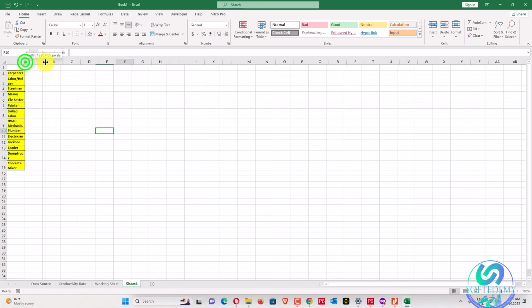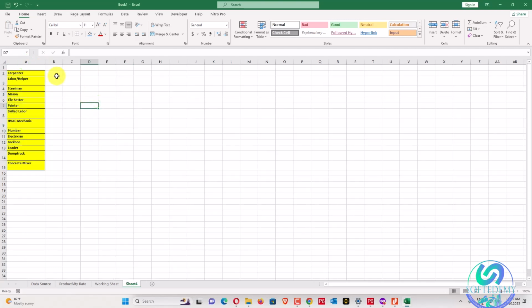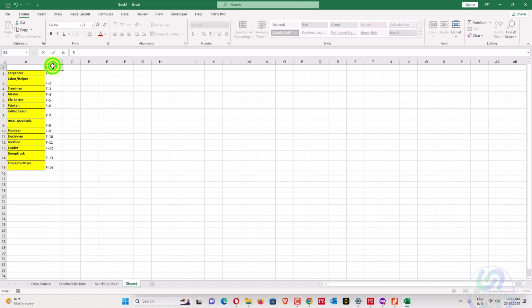So these are all our resource codes, and this one is our labor resource. We can write here A1, or we can write F1, and up to F14. So these are our resource IDs, and this one is a resource name.